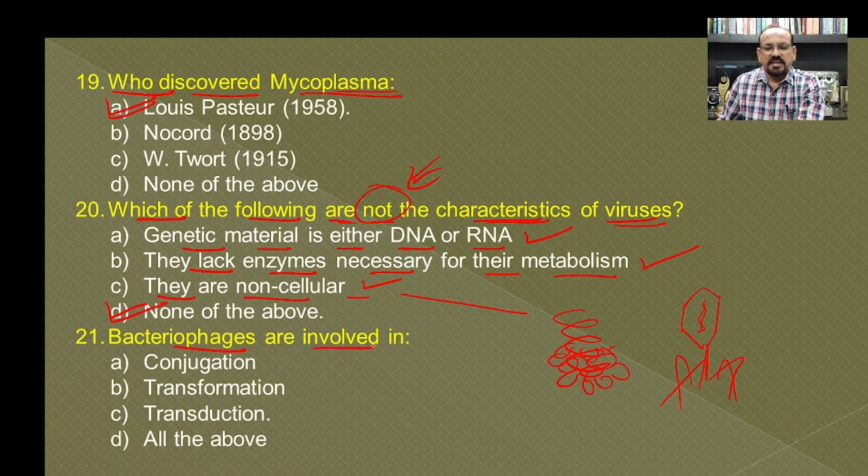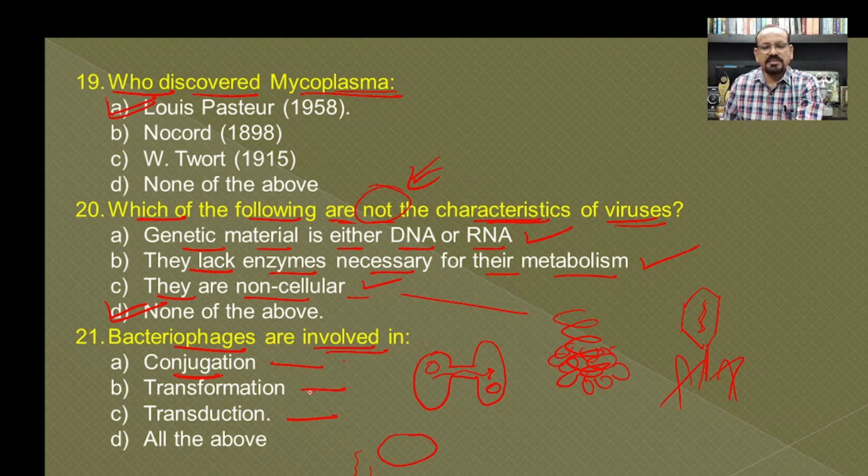Then bacteriophages are involved in conjugation, transformation and transduction. In conjugation, when one bacterial cell comes in contact with another bacterial cell, with the help of sex pili, they form the bridge, and through this bridge there is a transfer of DNA from one bacterial cell to another, and this is known as conjugation. While when the DNA molecules are taken up by the bacterial cell from the surrounding, then it